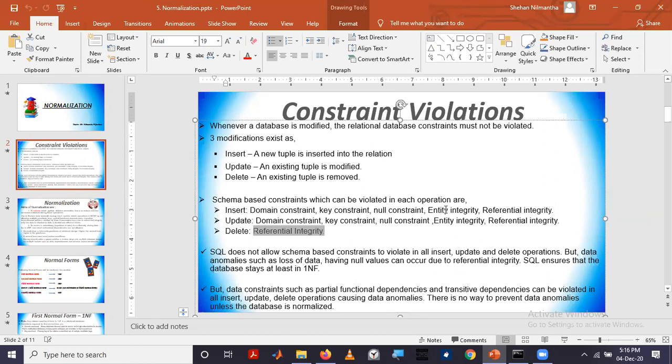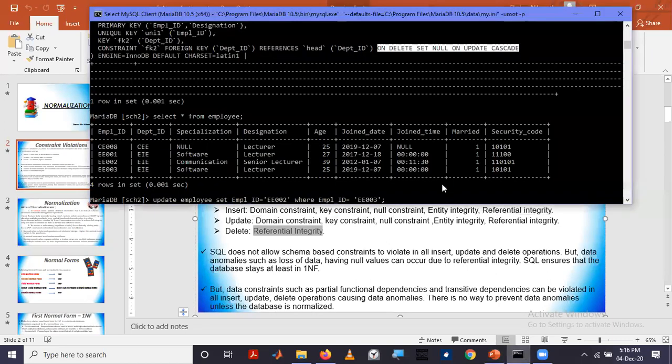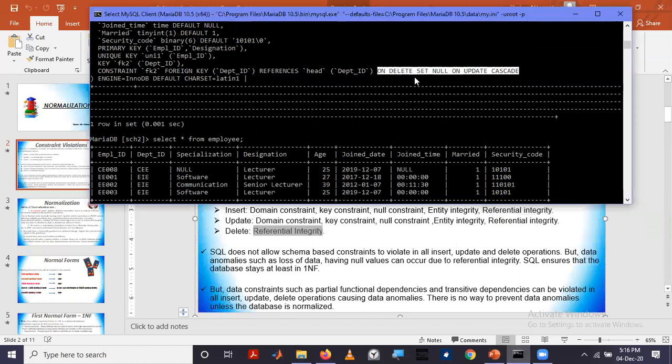If there is no data, these constraints will definitely not be violated. But when we delete data from a reference relation in update and delete operations, the referential integrity constraint can be violated unless we have specified like this.